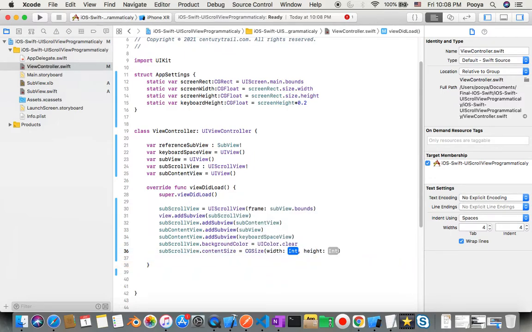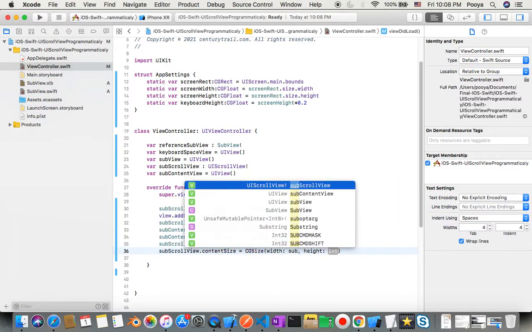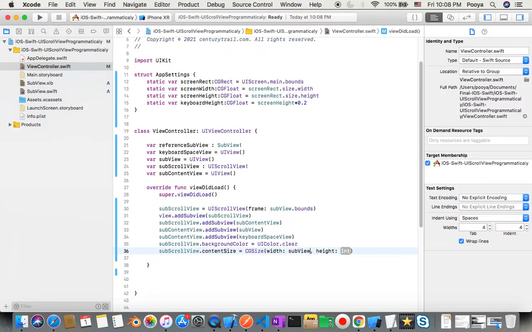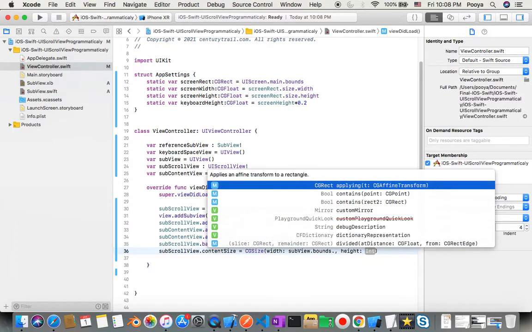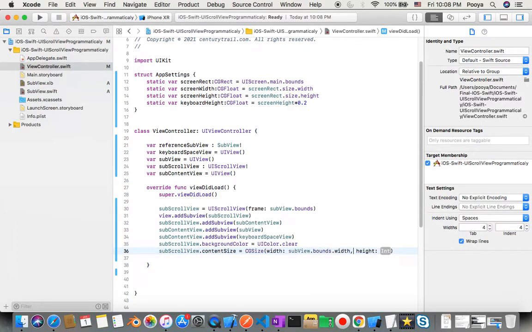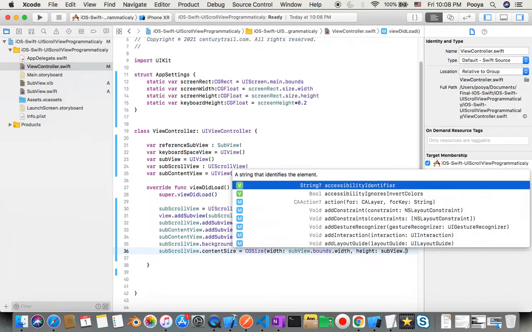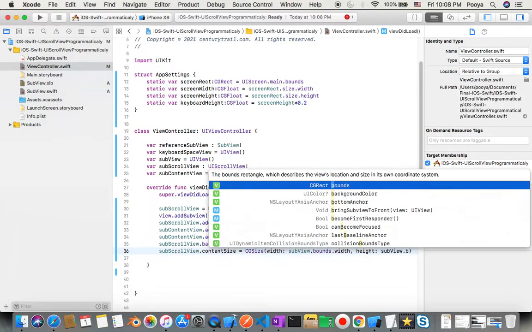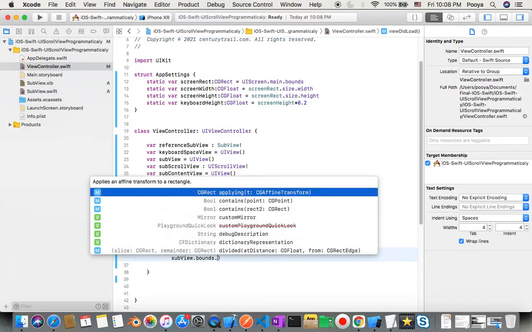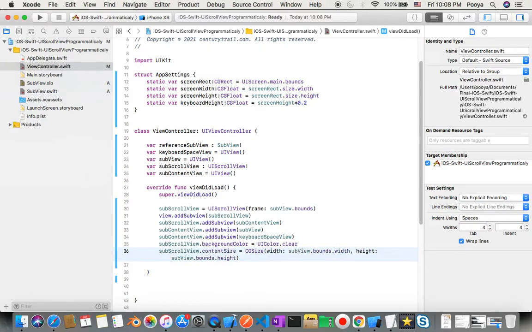And here I just say my subview dot bounds dot width, and for height it's going to be the same, subview dot bounds dot height. No, sorry, yeah, width and height. Okay, so after this